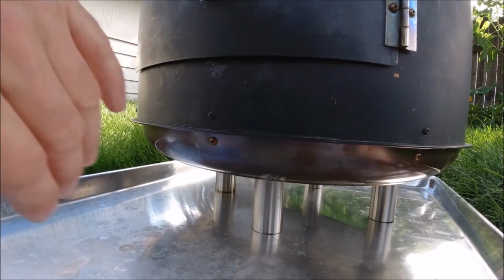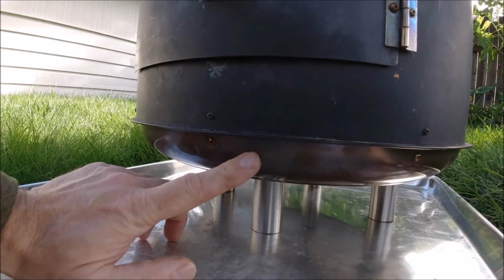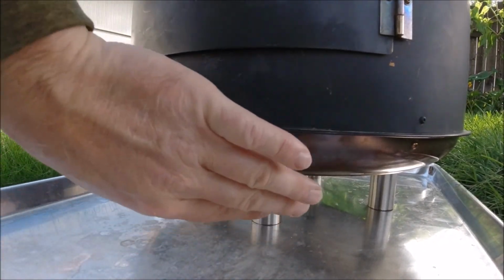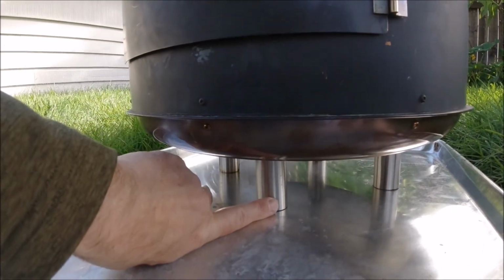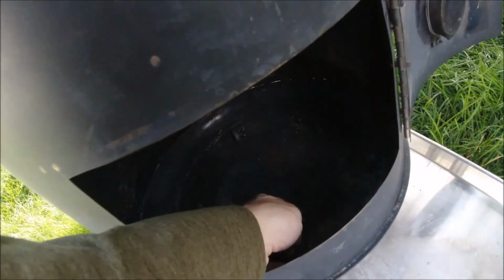That's just discolored from the heat, and so it has a very low emissivity, and I'll talk about that in a bit because I'll talk about painting the whole stove. But anyway, just remember that this part is not painted, the rest of the stove is, and that keeps things cooler here. And then the ready rod, let's see here, there's enough sunlight, I think, goes right through all of